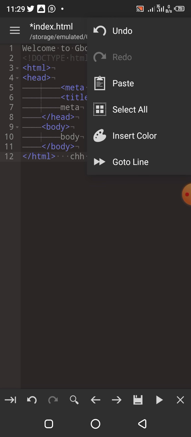So you can paste whatever you have copied. Let's see, paste something and you can